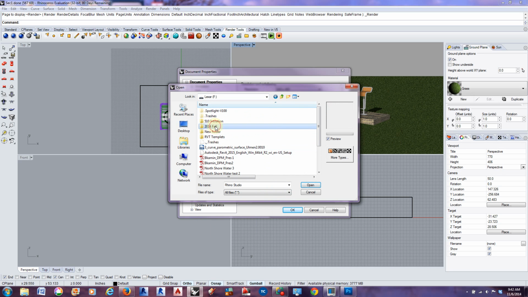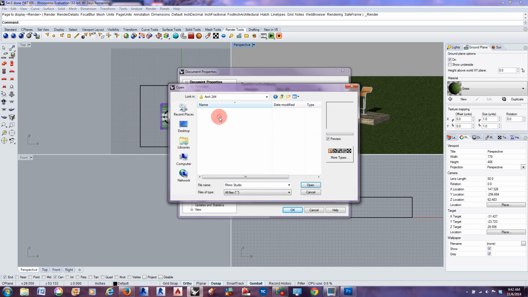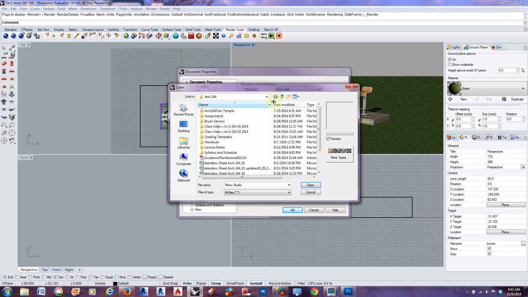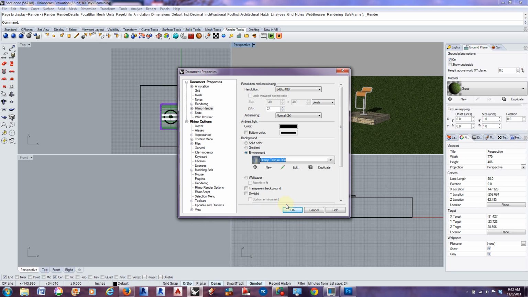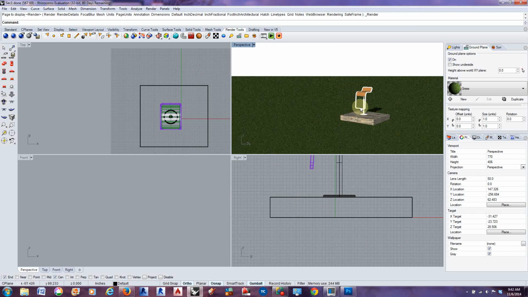So I'm going to go over to where I've already downloaded and saved a sky. I'm going to go ahead and open that up. It's a panorama sky, and it's an HDR or HDRI texture, I think. So at any rate,